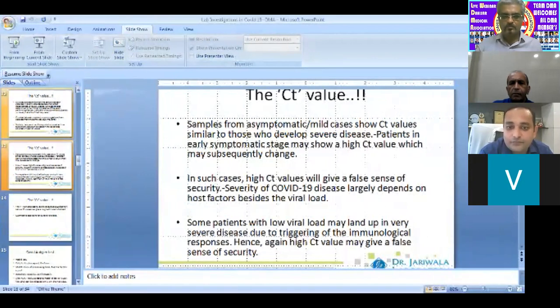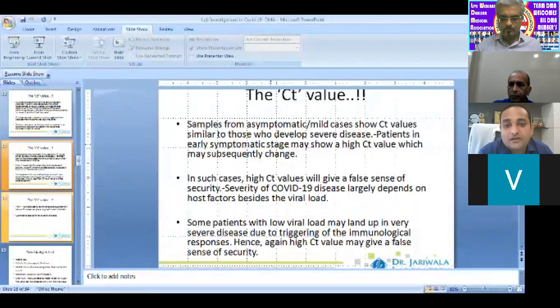Another disadvantage is that there has been a lot of misinformation, specifically due to one particular doctor defining cutoffs on social media, where he has said that a CT value of 24 and less needs hospitalization, and a CT value of 24 or more needs home quarantine. Now, this is absolutely bogus. Your clinical data does not support that.